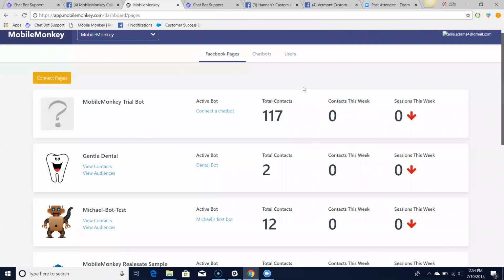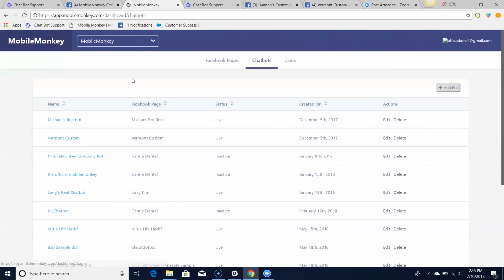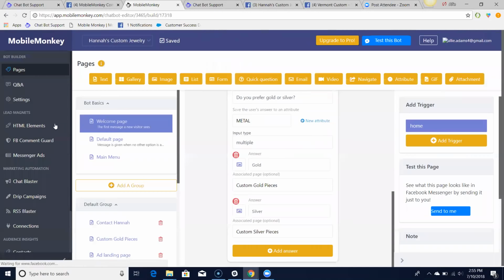Somebody asked a good one here about sending blasts. Sarah says, hey, we would like to send daily motivational messages to our clients through Messenger using MobileMonkey. Can we do that? The answer is of course. Allie, once you go over to your bot and navigate to the drip campaigns again, you do it through drips. So if people opt in to your bot, and just like we said, yes, I want promotional in our little example, if you said, hey, would you like to get a daily affirmation, or would you like to get our newsletter, or whatever information you want,